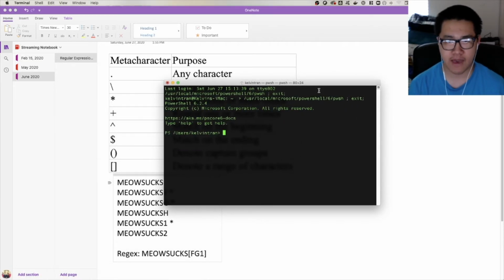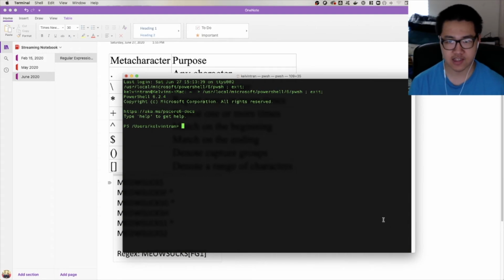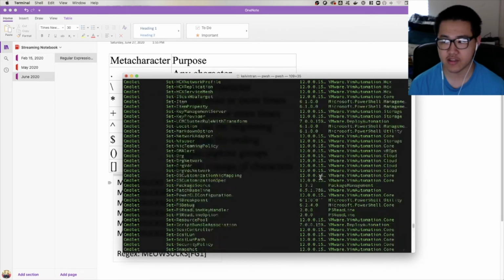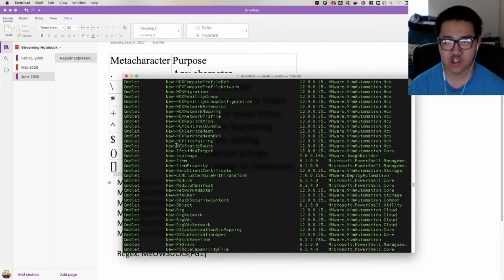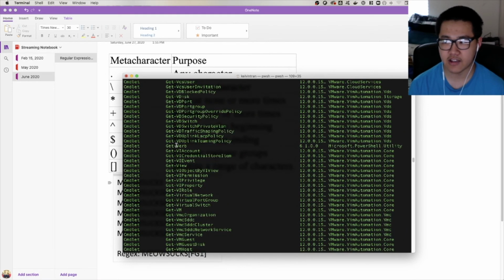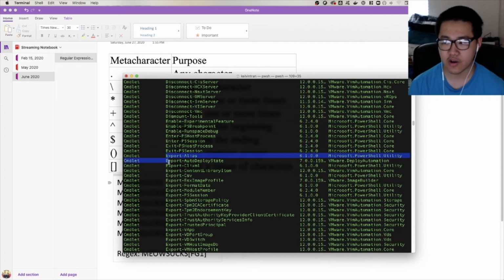So I'm running on a Mac, so I have PowerShell Core installed. So I may not have as many PowerShell commands as Windows has available, but I'm going to just run Get-Command, quite frankly, because I couldn't think of any other command to run. And we can see here we've got a ton of output. And let's say that I want to only look at cmdlets that have an E or an F as their